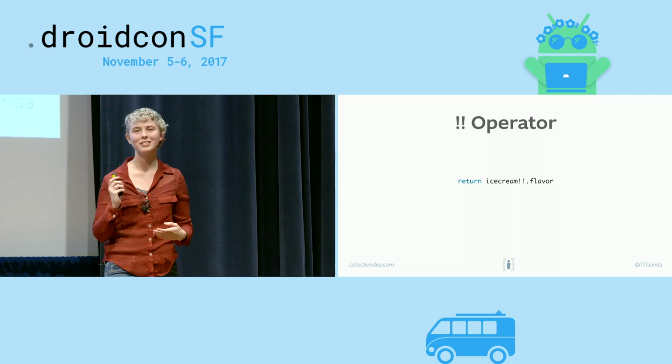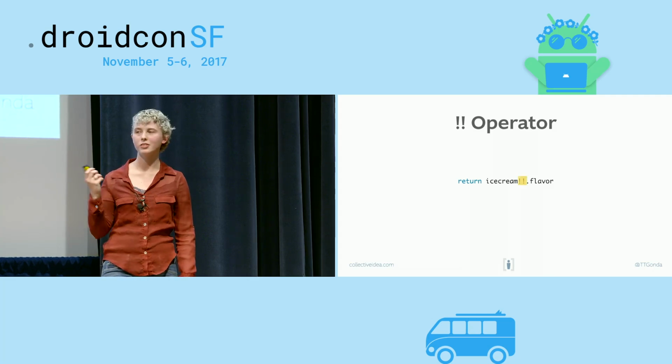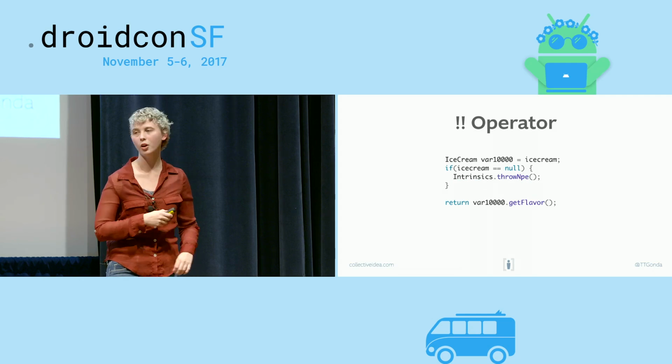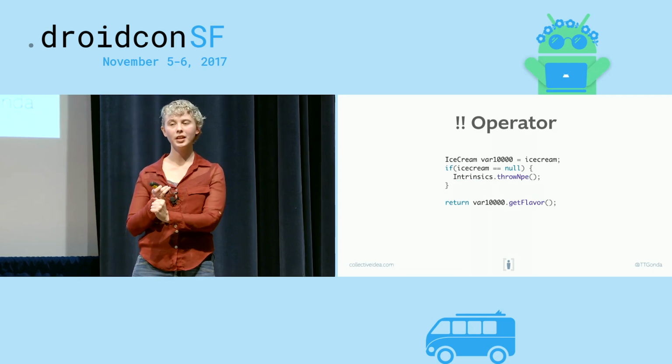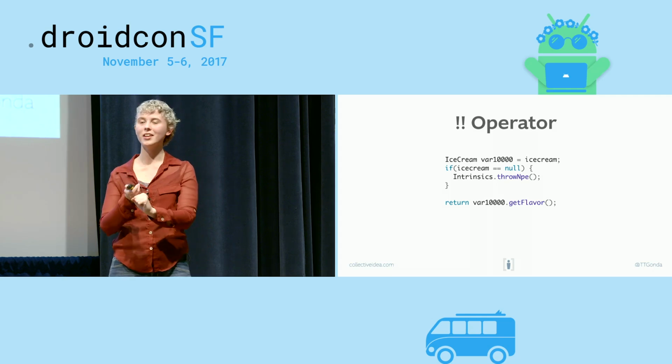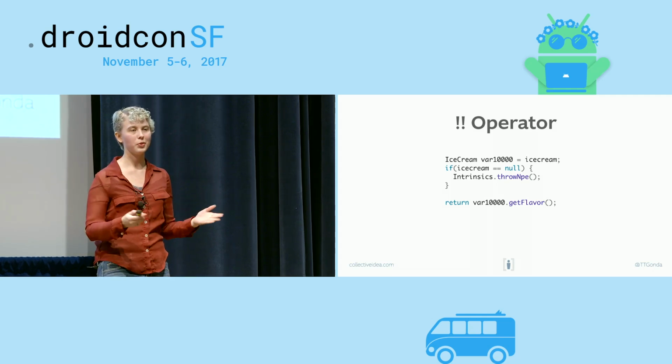So what exactly does this look like? What is this doing? There's the double bang operator. Okay, so it is checking if ice cream is null, explicitly throwing an error if it is null, and then if an error hasn't been thrown,